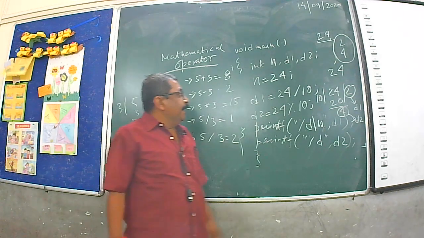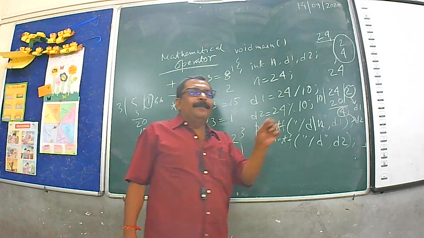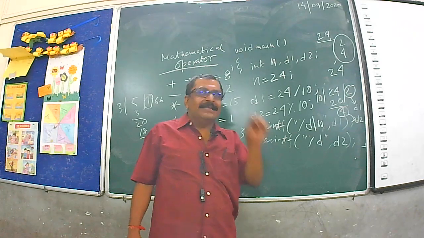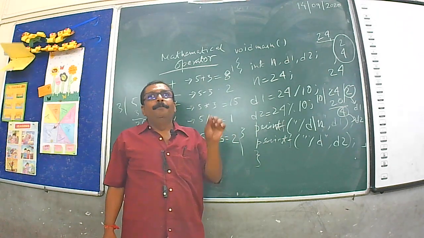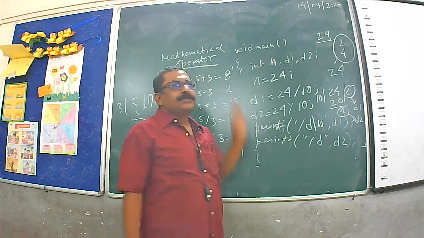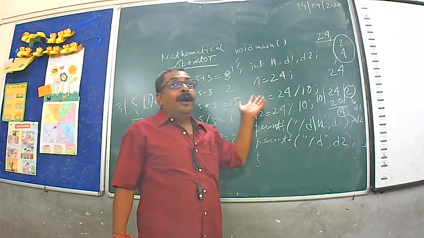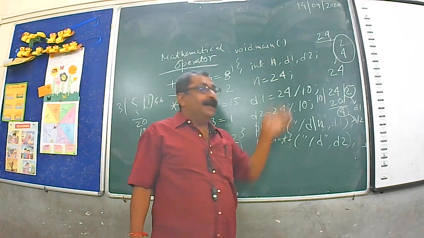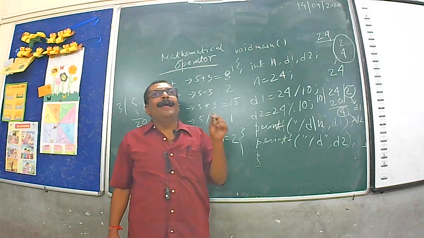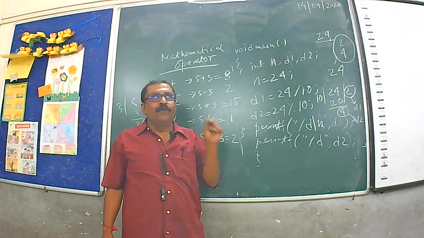Now, in this program, what is the question? Write a program to store 24 as a number and print the digits individually. Now, the number is fixed, constant, there will be no change. If I want to take any 2-digit number and calculate the same, then what to do? At that moment we have to accept the number from the user. What to do for that?